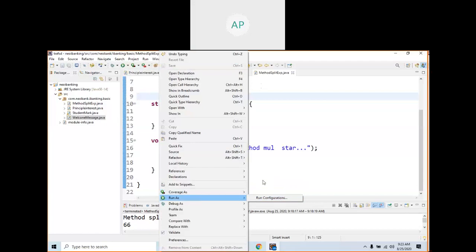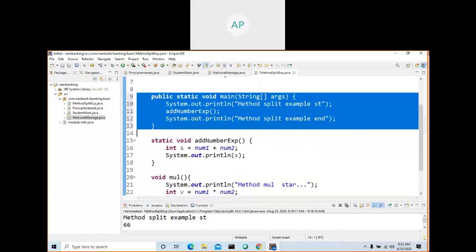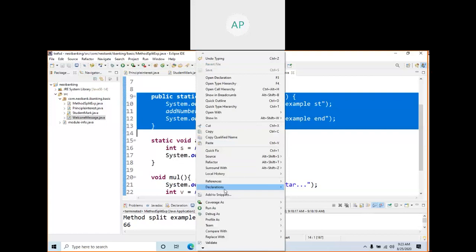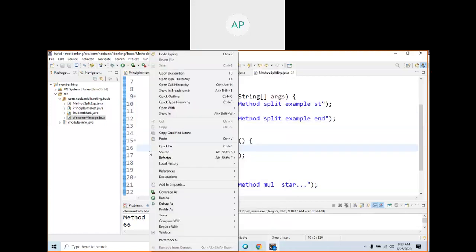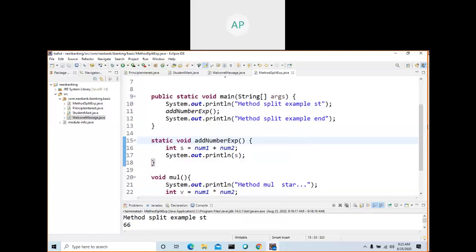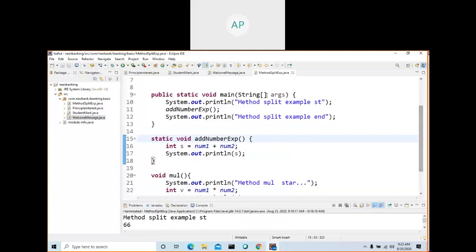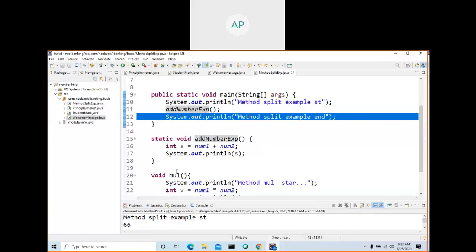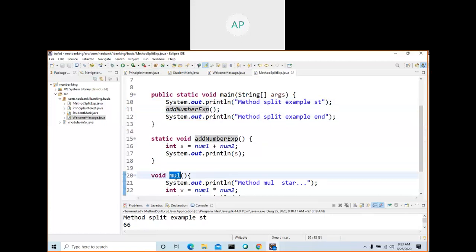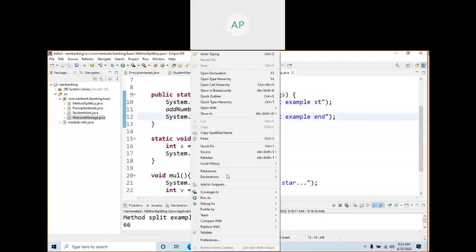First, JVM will see whether there is a method called public static void main. If there is no such method, when I right click and run as, there is no Java application option. Now when I right click somewhere else, see, Java application is there.